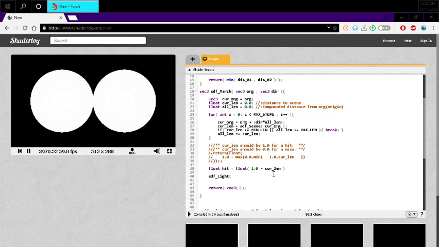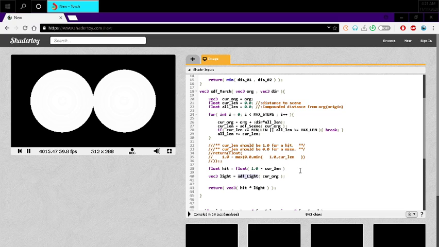3 hit times light. So vec3 light equals SDF light. And for the light, all we need to do is take the current origin. Yeah, because current origin keeps on being updated until we hit geometry or we go so far away from everything that we just give up. So